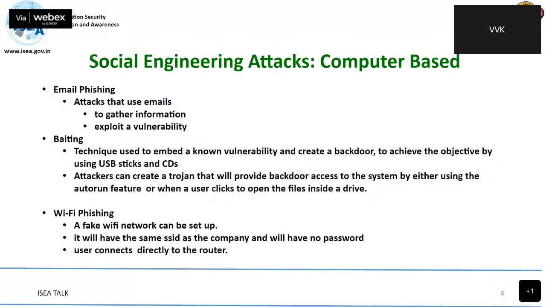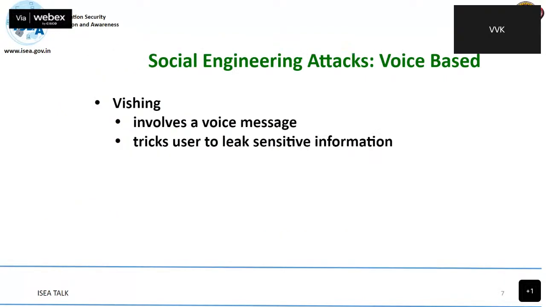Then phishing through Wi-Fi. Attackers can set up a fake Wi-Fi network in a public place like a park, a restaurant, or lounge. The SSID that you see may be very close to the airport name or the railway station or park or restaurant name. So the user might directly get connected, and he may be offered free Wi-Fi, but whatever data he sends will not be encrypted, and somebody in the middle may know what data is being sent. It may include even passwords.